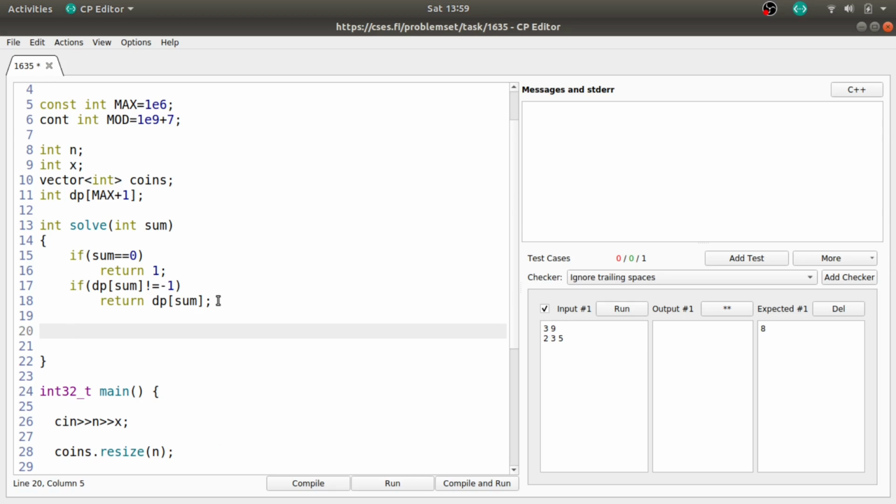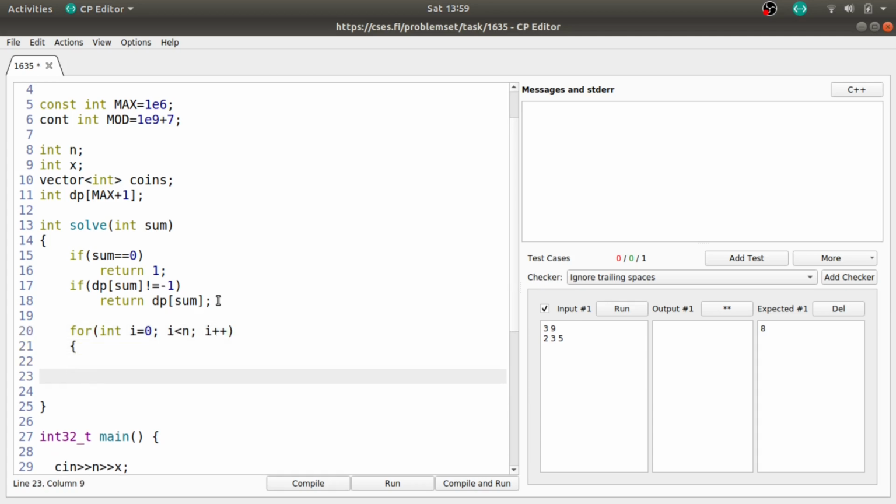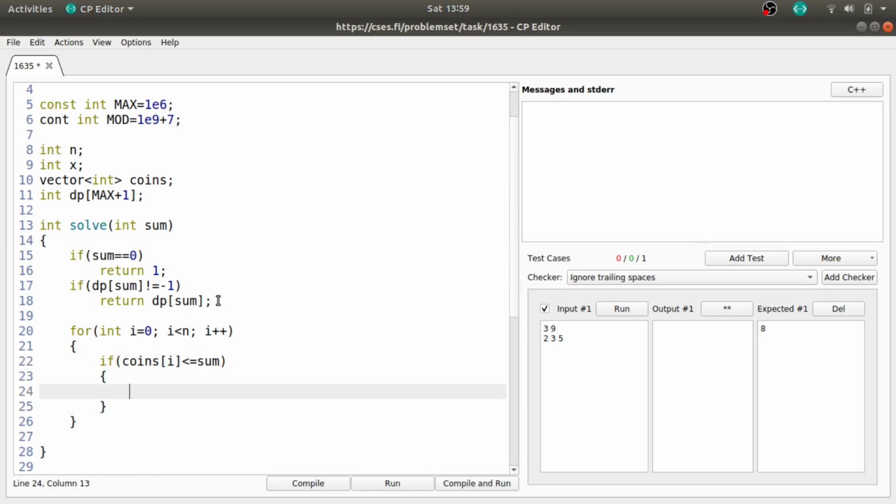And otherwise, what we can do is we will just iterate through the whole coins array, i equal to 0 to i less than n, because n is the number of coins, and just check if this coin has a value less than or equal to the required sum. Only then we can use it to make our sum. And in that case, the problem will reduce to the problem of making the sum equal to sum minus coins[i], because you already have used this coin.